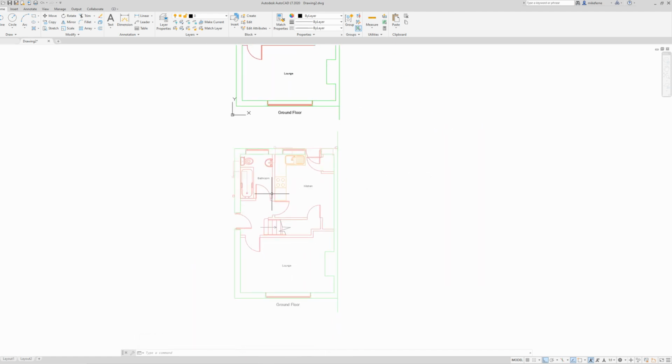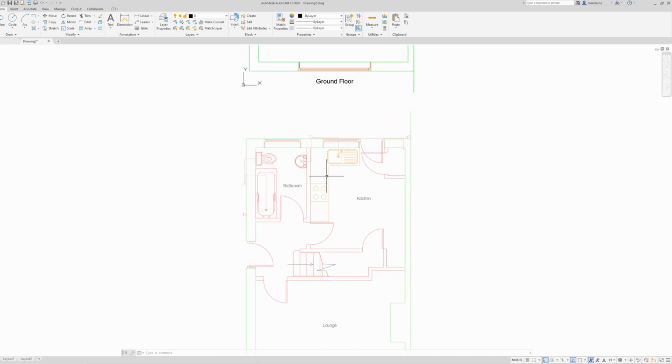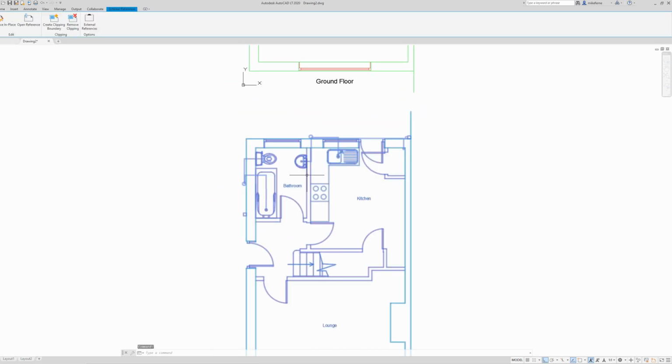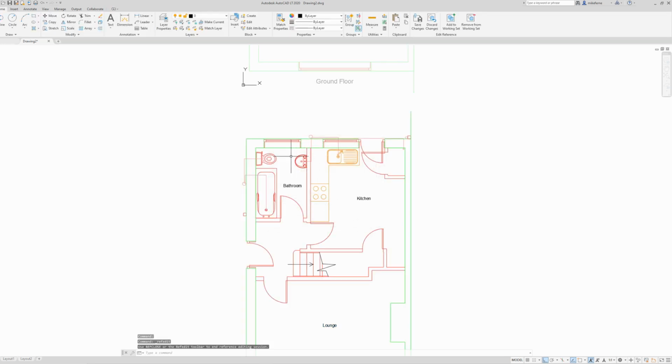Exactly the same with an XREF. So this is an XREF, so I'm going to do exactly the same procedure. Select the XREF, right click, edit XREF in place this time. There it is. Now I can do a copy,